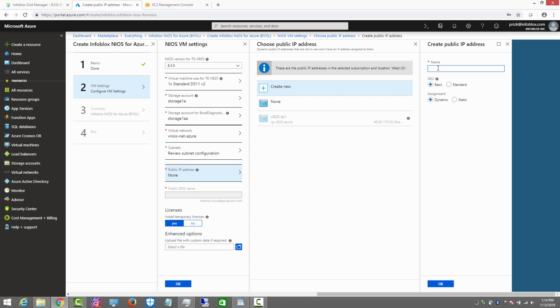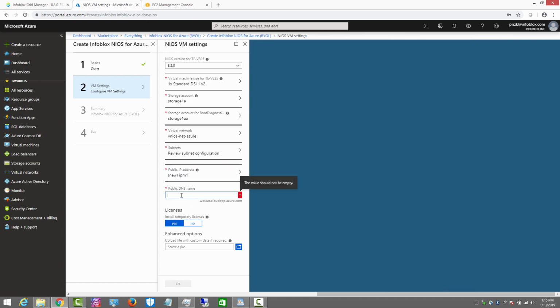So I'm going to give this a name. So let's call it IPM1 for member 1. And I want to give it a public routable static IP address so it doesn't change. Click OK. And now we're going to give this instance a domain name so you can connect to it via